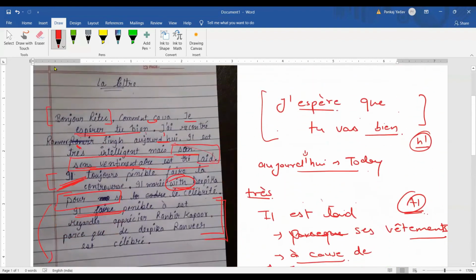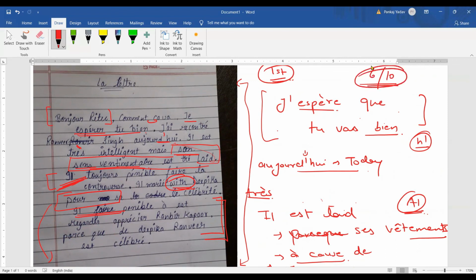But in see, it looks a bit terrible, but that's totally acceptable because this is the first time she is writing this thing. All right. So out of 10, I'll give her 6 marks. All right. Why? Now you will think why 6 marks? Positive things are that she didn't use any dictionary or anything. All right. And in the beginning, you need to motivate the student also. So this is the thing.